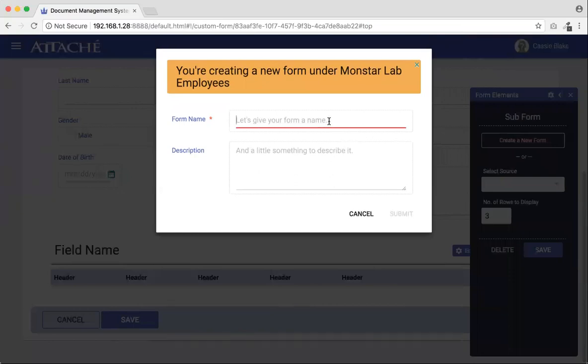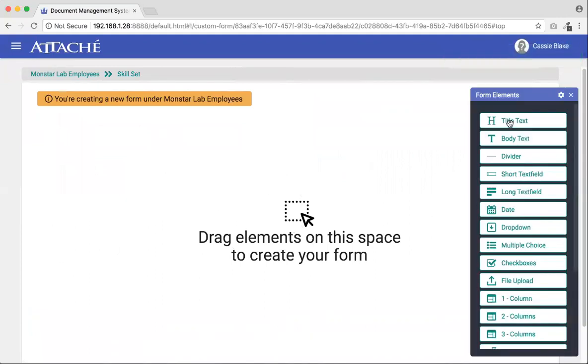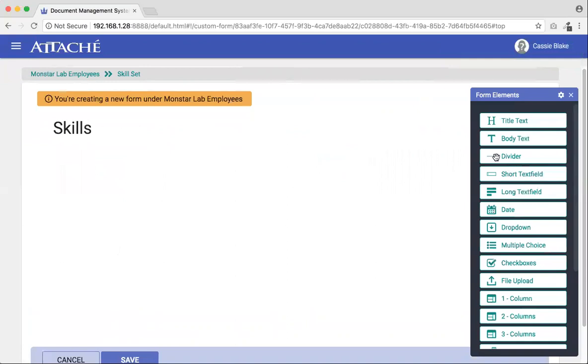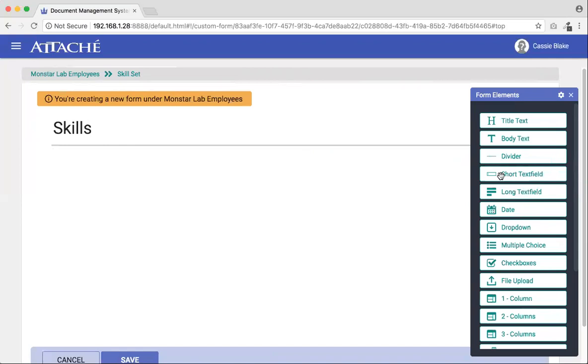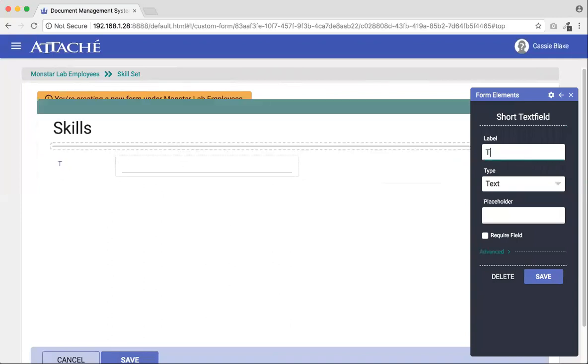And for example, since this is a skills list, I'm going to be typing it as maybe skill set, and then click save. And it's going to take me to a new page wherein you can start creating another form. So for example, this is skills, and then I want a divider again, click save. I think I want to know the type of skill a certain employee has, so I'm going to be dragging the short text field and rename this as type of skill,